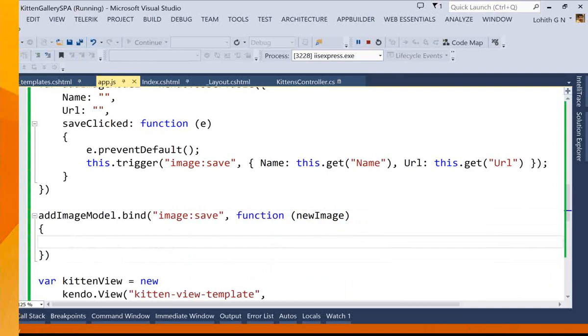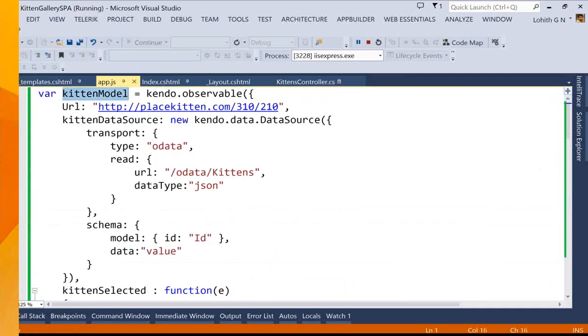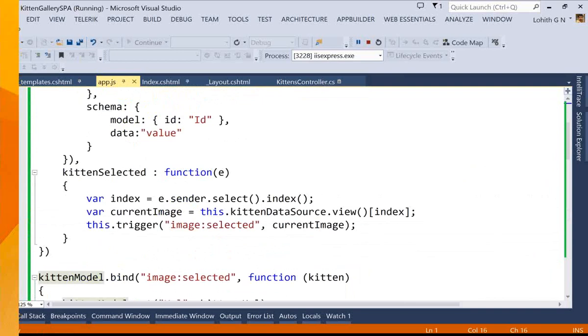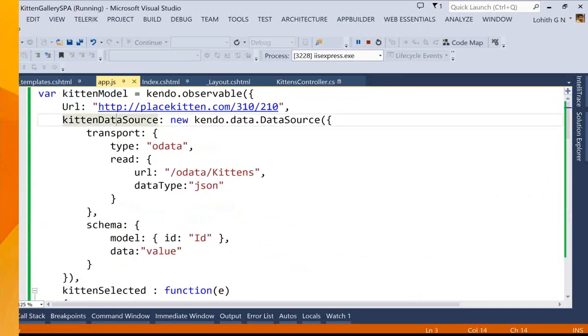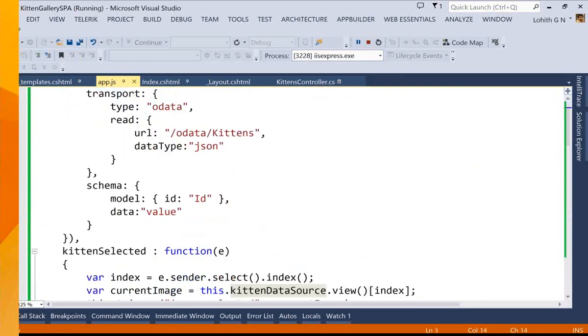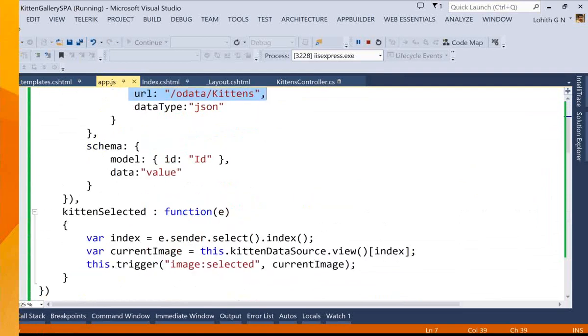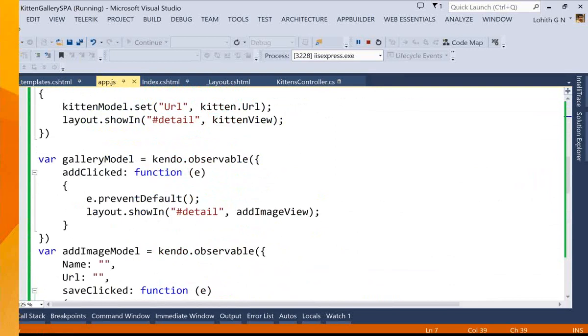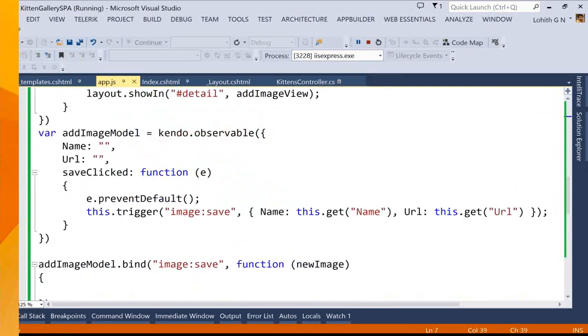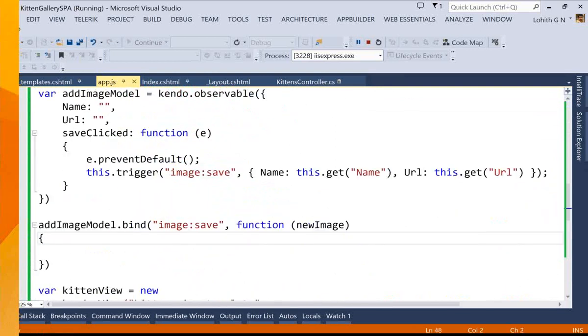So for handling, remember we have this kitten model here. If you look at this kitten model, it has a kitten data source, correct? So I will use this, and since the data source is bound to my kittens, it will be added to the service. We'll bind it to actually go and update the service. So how we do that is what I will do is,